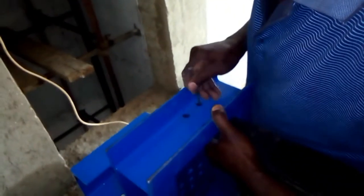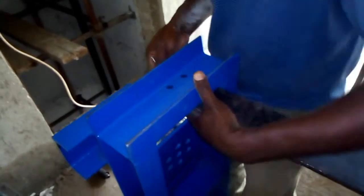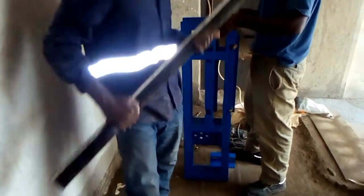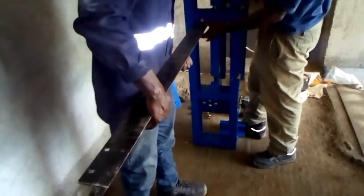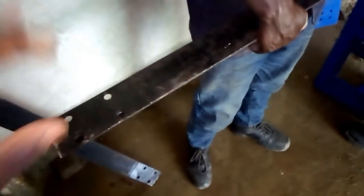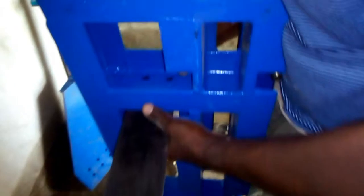Now it's time to mark where the holes are going to be drilled on the guide. So you hold the guide horizontally onto the machine base, and then using something sharp you mark off where the holes are going to be drilled. And now here you do the same thing for the other side. Just make sure you hold the guide horizontally, or you might say at 90 degrees to the motor base. Then you use a sharp object to mark off where the